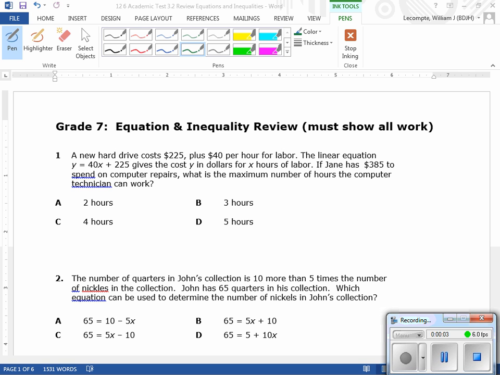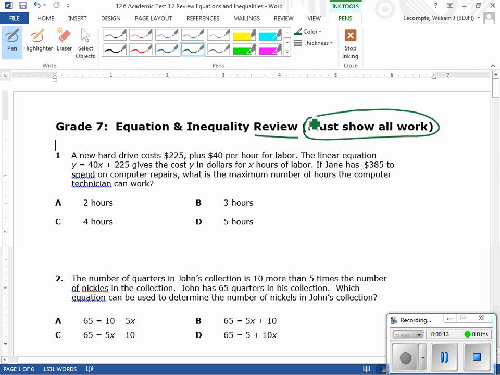Okay, on number one, this is the equation and inequality review, and we must show all work. A new hard drive costs $225 plus $40 per hour for labor. The linear equation y is equal to 40x plus 225 gives the cost y in dollars for x hours of labor. If Jane has $385 to spend on the computer repairs, what is the maximum number of hours the computer